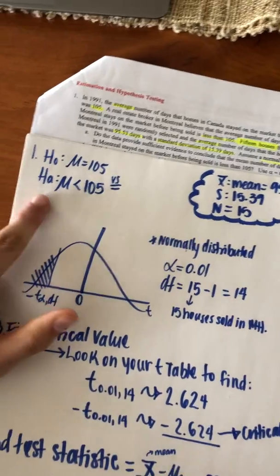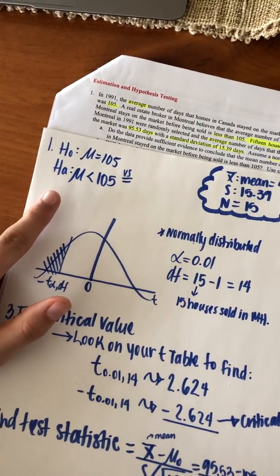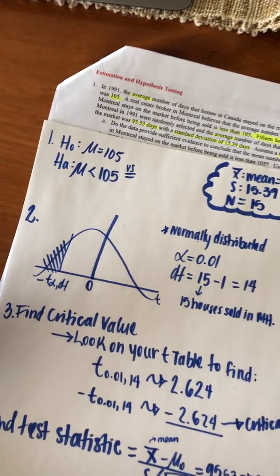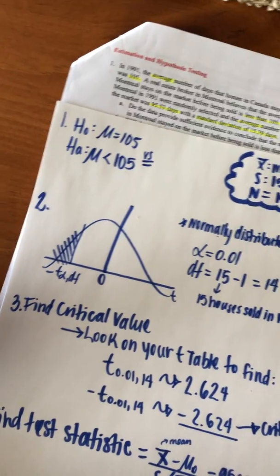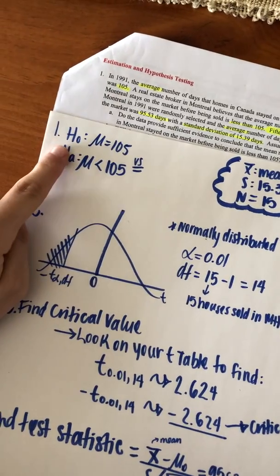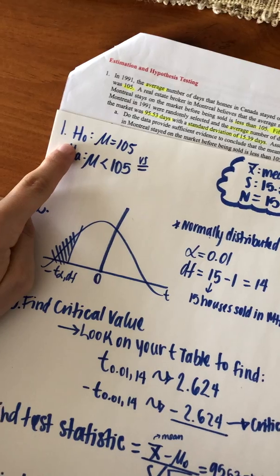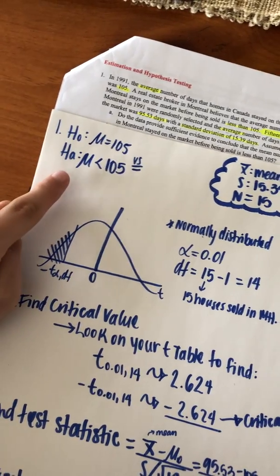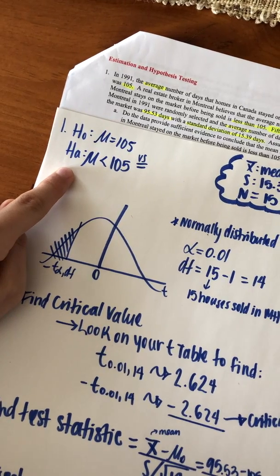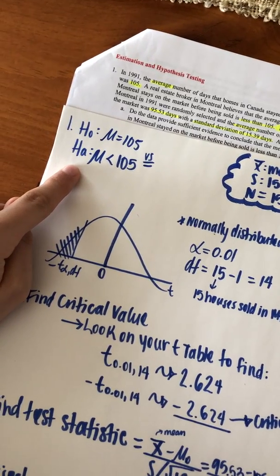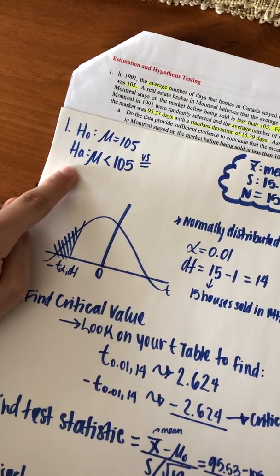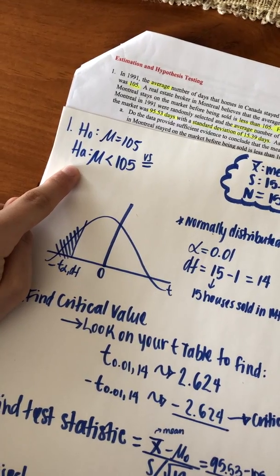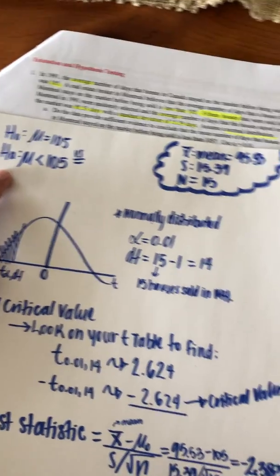Okay, so first we need to state the null hypothesis and the alternative hypothesis. So first remember that the null hypothesis is denoted by H0, and it is a tentative assumption about a population parameter. The alternative hypothesis is denoted by HA, and it is the opposite of what is stated in the null hypothesis. So in this case,